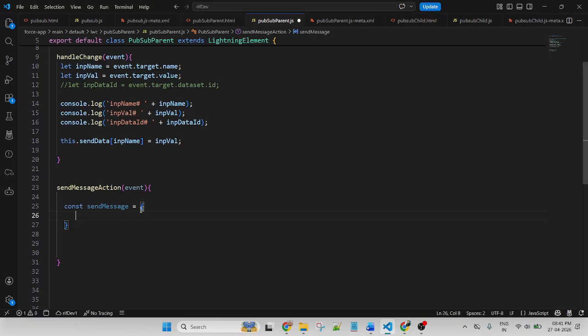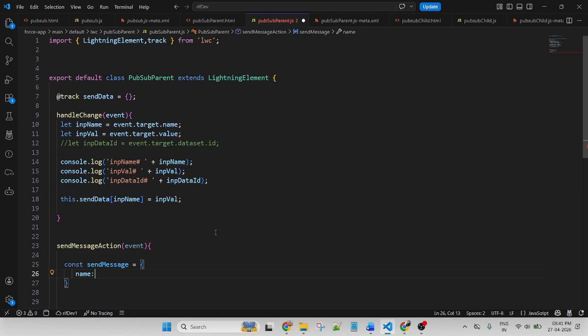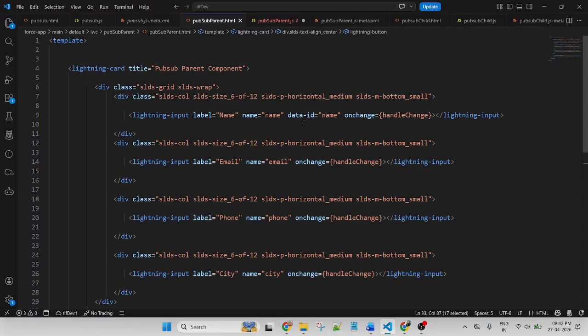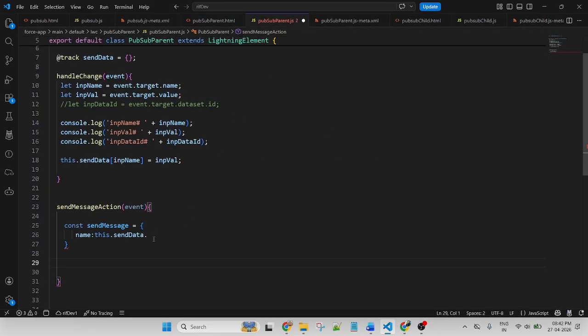So I created an object here, name, and the value will pass this one, send data dot name, comma.